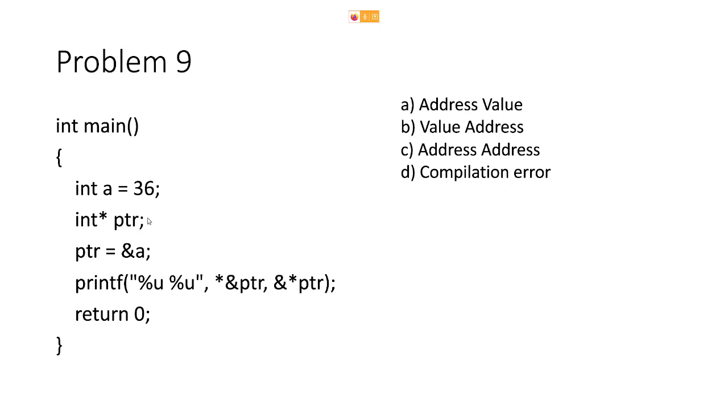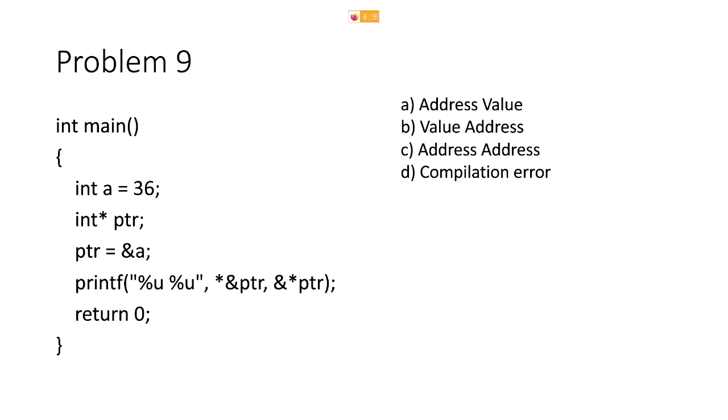Pointer means some address is there in that pointer, and when you use star, then you are saying, what is the value at that address? So for example, here it is saying ptr is equal to address of a. So if a was stored at some address, say 1000, then now ptr will have that 1000